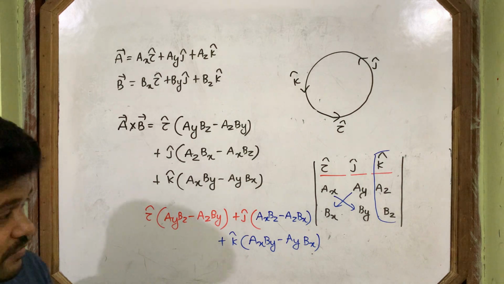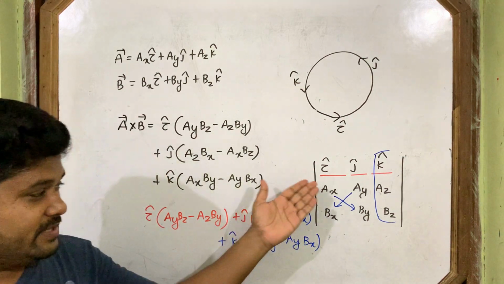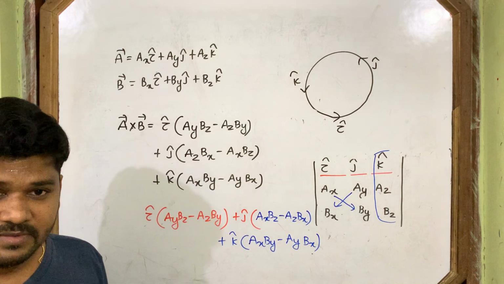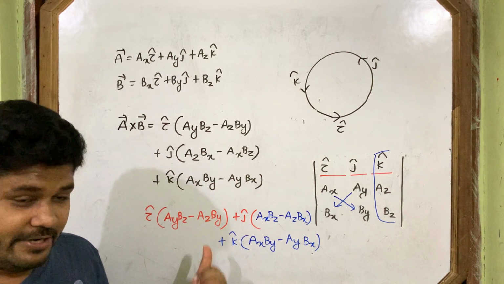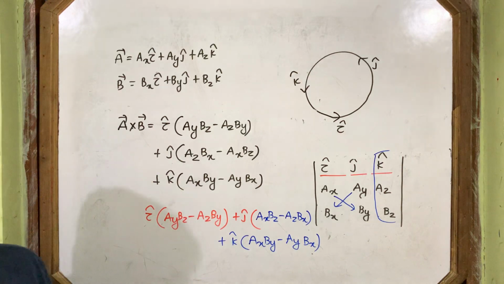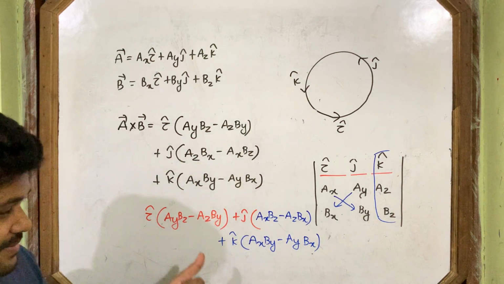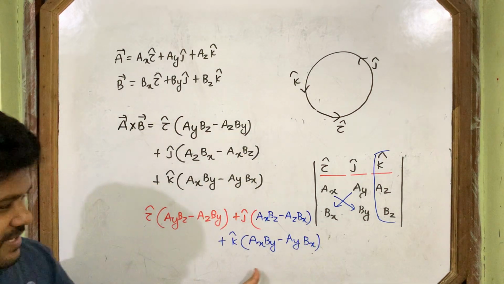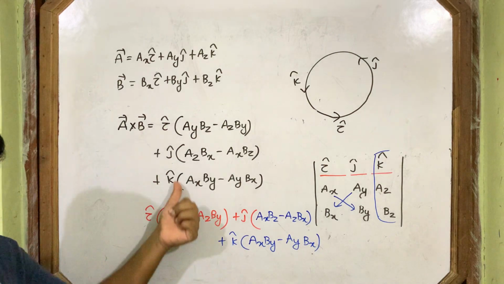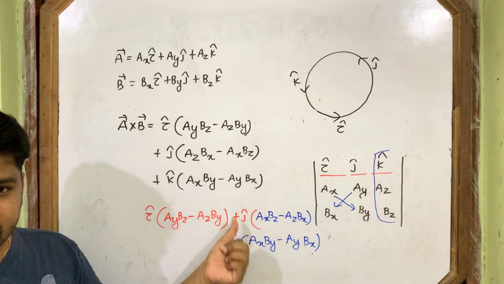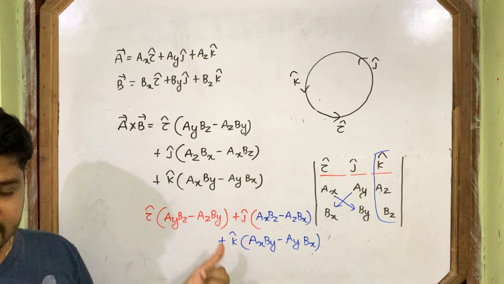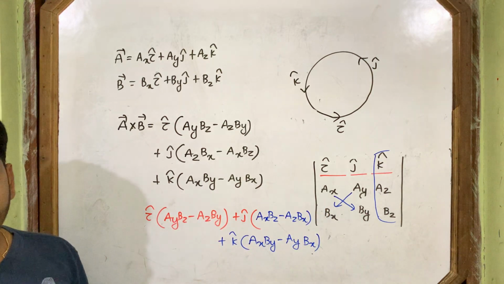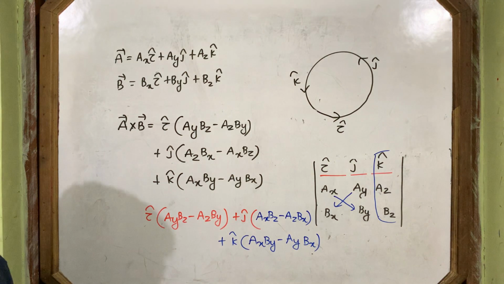In this way, without remembering the formula, with the help of the determinant, you can also find the same answer. What happened? Did you get the same answer? Or is there any problem here? Check properly. This is your cross product formula. This we got from the determinant. Is there a problem? Now you check it properly. Compare the two expressions. Can you find any mistakes? Where have we made a mistake when we brought it from the determinant? Yes. Where is the mistake?